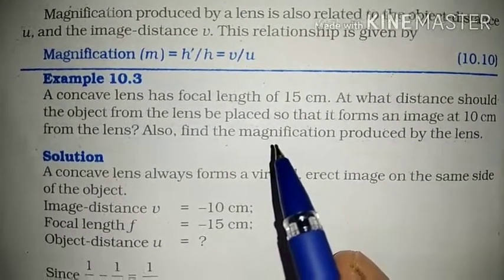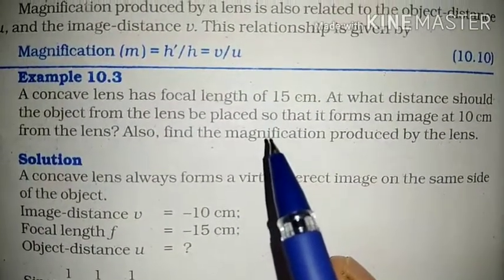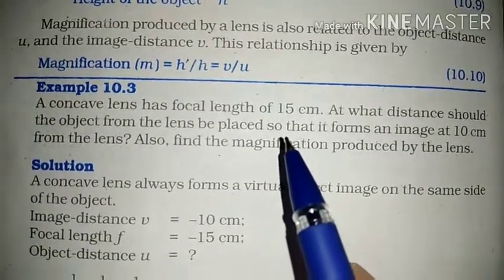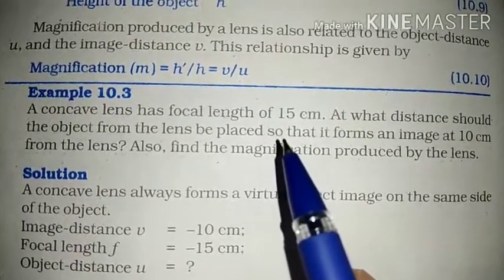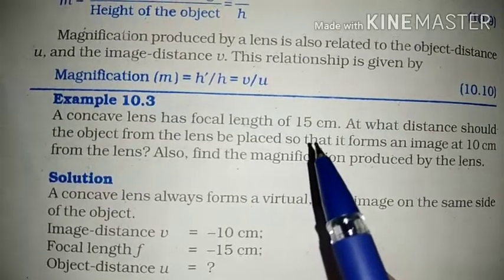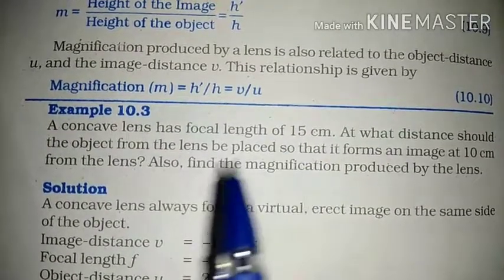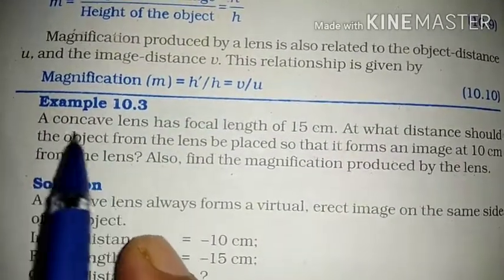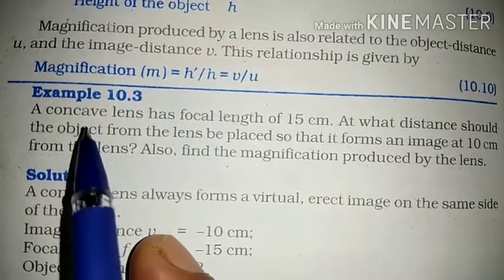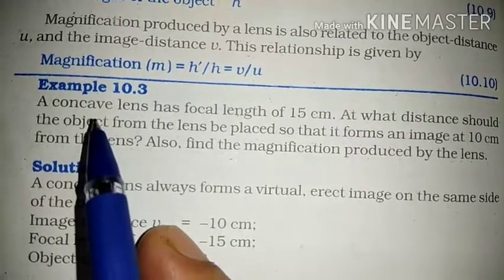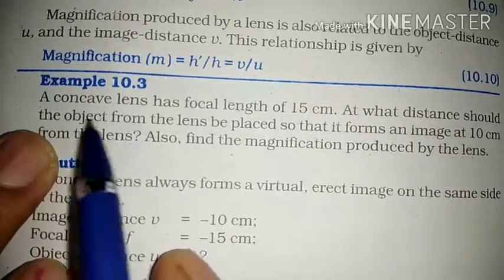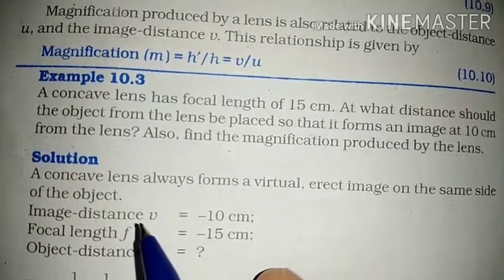We had seen for mirrors that for concave mirror, the focal length becomes negative, and for convex mirror, focal length becomes positive. The same concept will be followed here also. So if there is the term concave, it is a very important fact, students: whether it is mirror or lens, focal length will be negative. So here it is given a concave lens, we shall write focal length as negative.